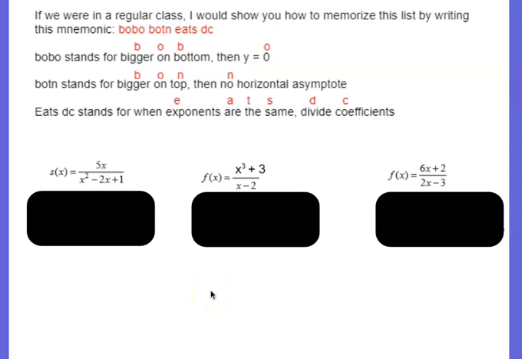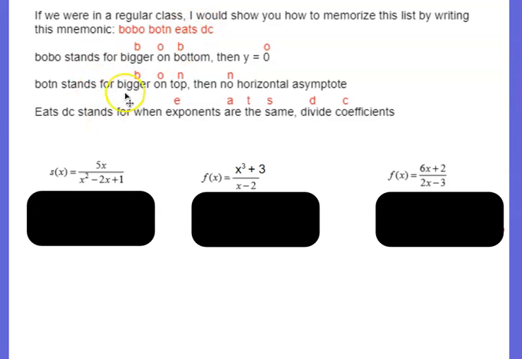So now I wanted to go over a little bit more about horizontal asymptotes and vertical asymptotes, but mainly the horizontal asymptotes. This is what I gave you in the notes. The mnemonic is BOBO, BOTN, EATS DC, and each section of it stands for one of the situations that might